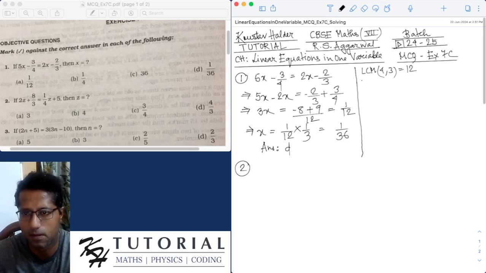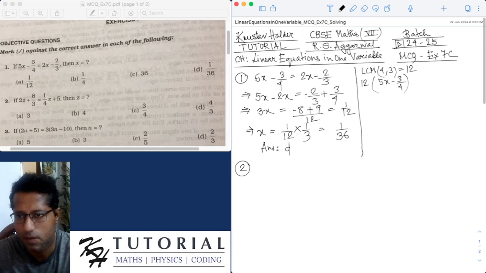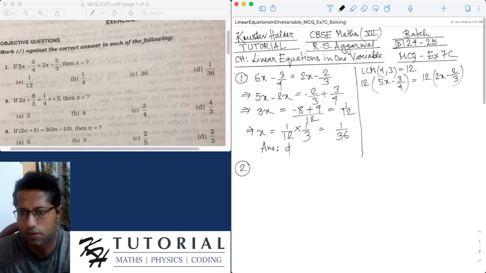So I am multiplying. If I multiply both sides by 12, we can always multiply the same non-zero number to both sides, RHS and LHS. So that's a rule of solving a linear equation. Okay. So now if I do the products,